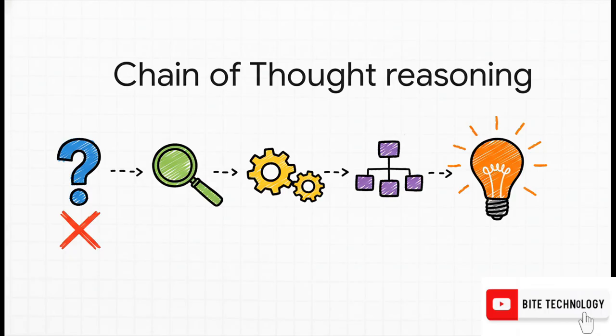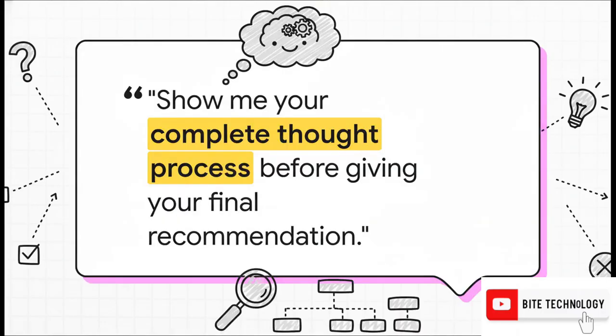It's called chain of thought reasoning. And the best way to think about it is, remember in math class when the teacher told you to show your work? It's exactly that. You're forcing the AI to slow down, to think methodically, and to justify its answers step by step. And the result? You get way better, much more logical, and frankly, more reliable conclusions. And believe it or not, it all boils down to one simple, magical phrase.